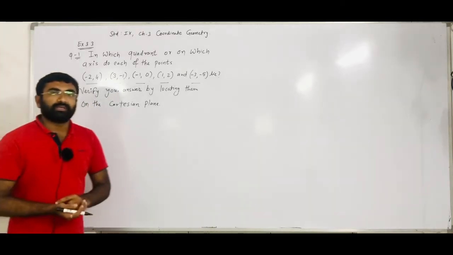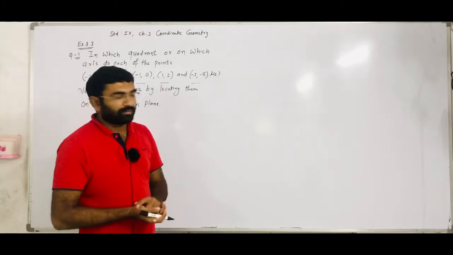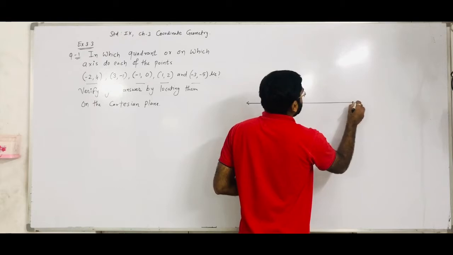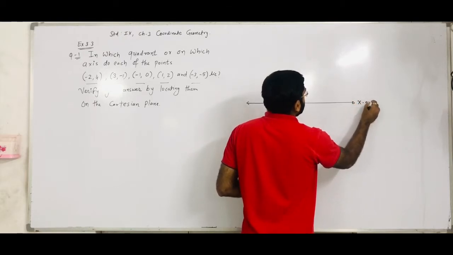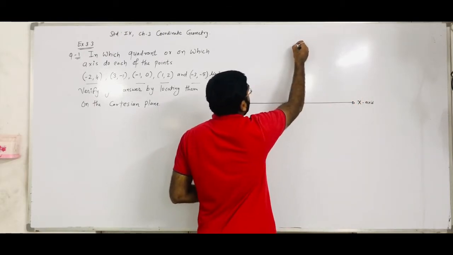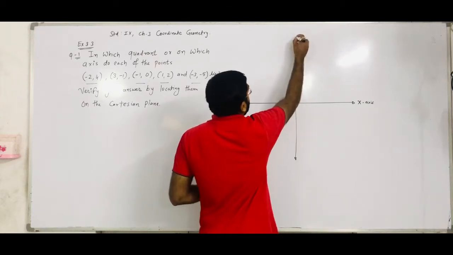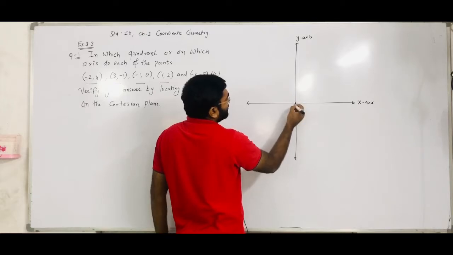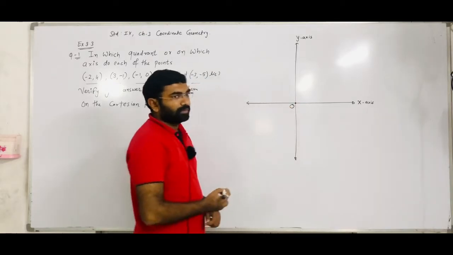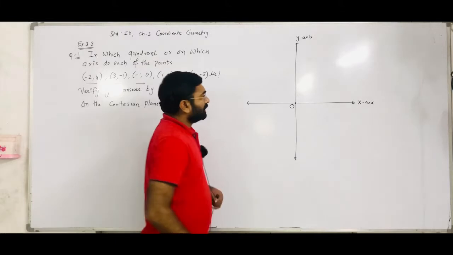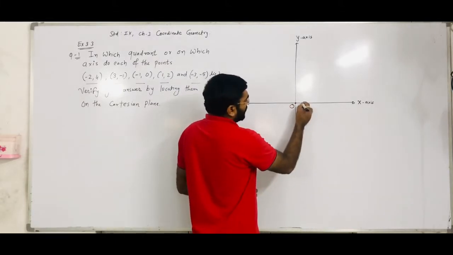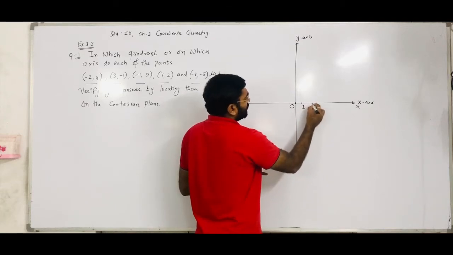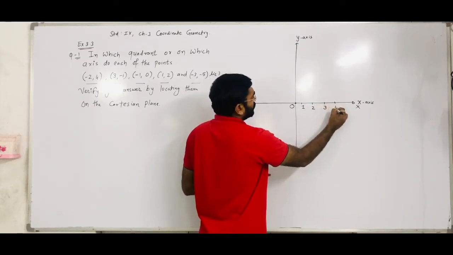In our previous video, we represented the Cartesian plane, or the XY plane, in which we draw the x-axis. Here is our x-axis, and here we have the vertical number line which we represent as the y-axis. Both axes intersect at point O, the zero point, and its coordinates are 0, 0. Then on the positive x-axis we mark 1, 2, 3, 4, 5.